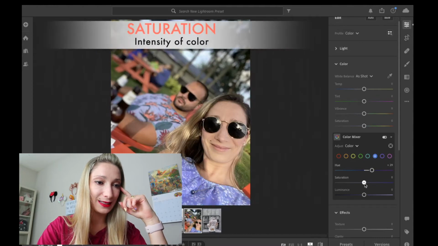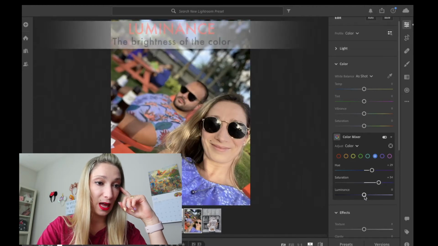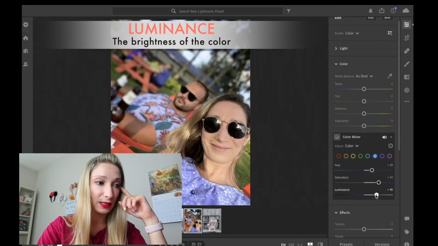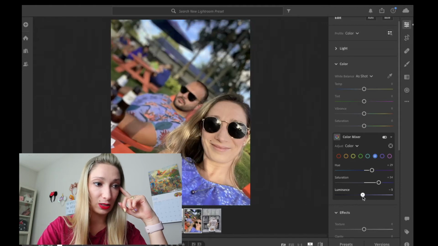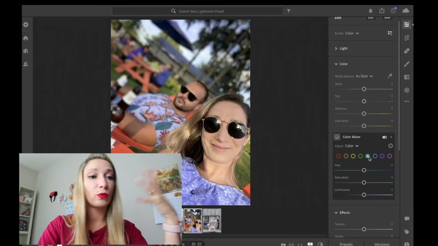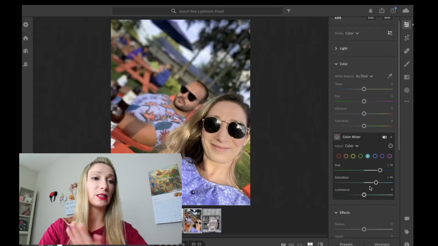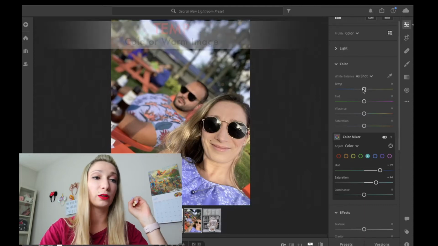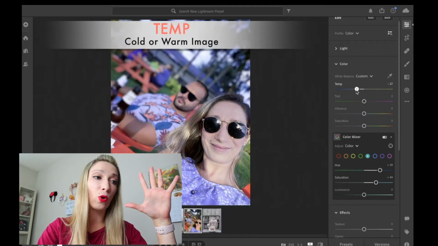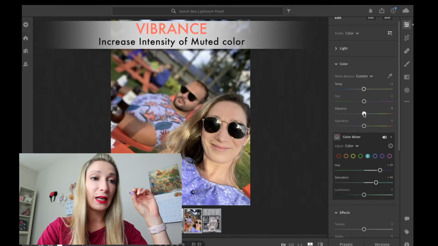the saturation will intensify that color, so it will put it from no color to a lot of color. And the luminance, as it says, brightens some light into the color or no light to the color. This is how you can change the colors of your picture, like if you always want your sky to look a different kind of blue. Then what is temperature? Do you want a photo that is more cold, or do you want more of a warm kind of look? Vibrance, that is the